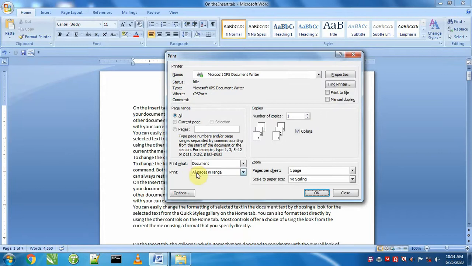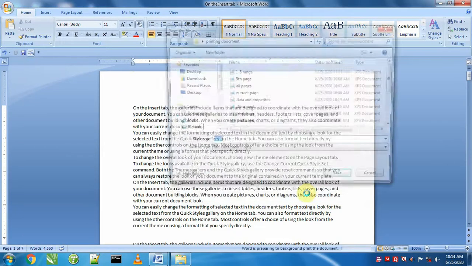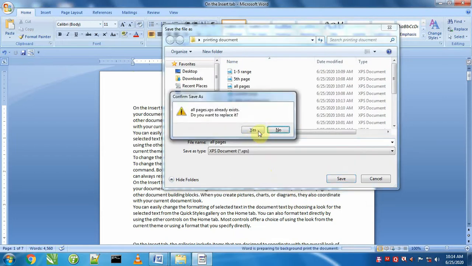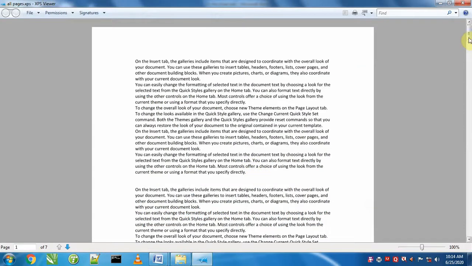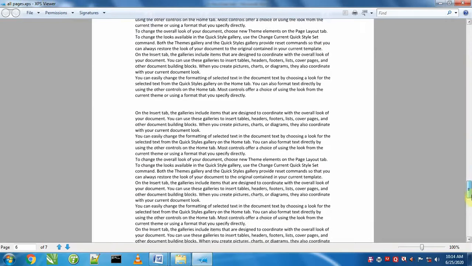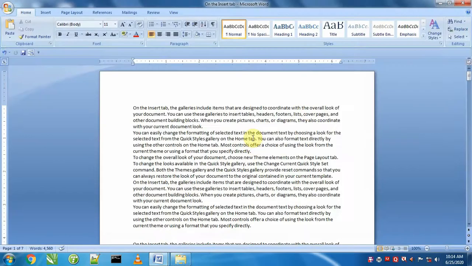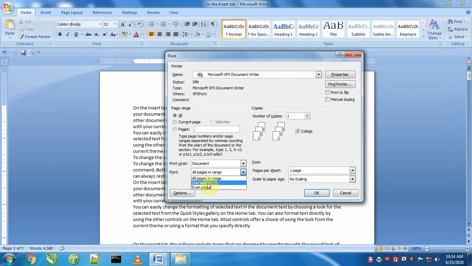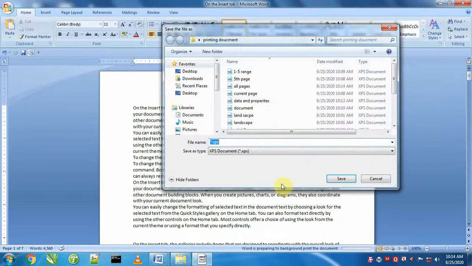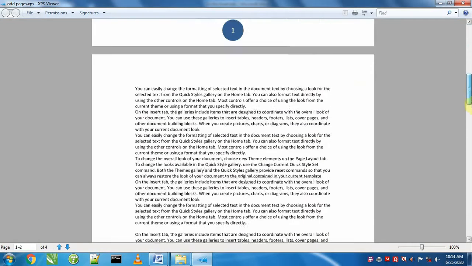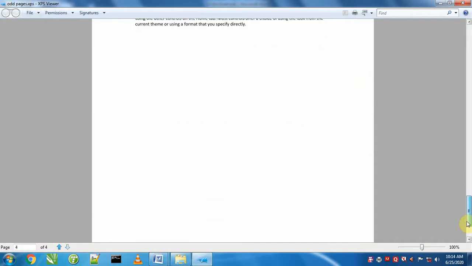One more thing is print all pages, which means it will print all pages. If I say all pages, it will print all pages. All pages means first to 7, all pages are printed. But if we say print odd pages, it will print 1, 3rd, 5th, and 7.